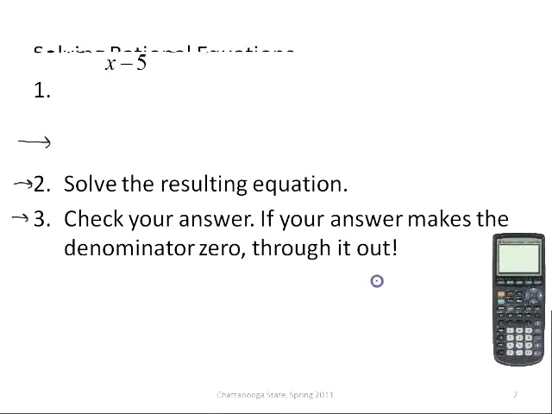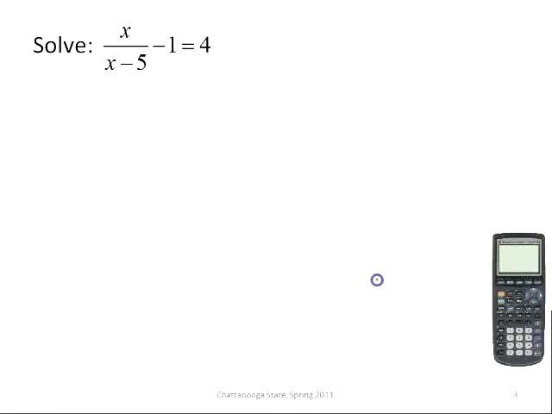So let's solve a few equations. First, we have x over x minus 5 minus 1 equals 4. So I need to get rid of my fractions here. I only have one denominator. My denominator is x minus 5. So I'm going to multiply both sides of my equation here